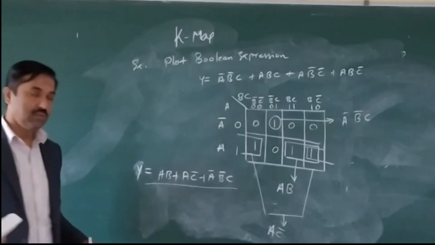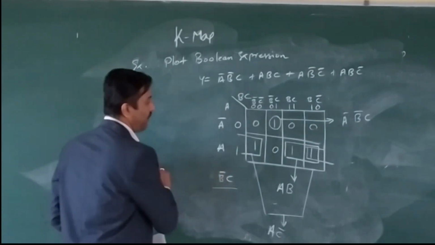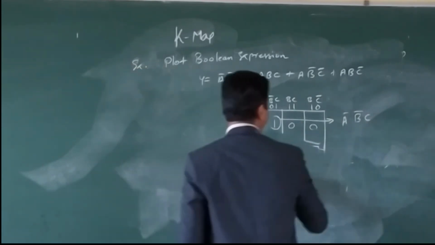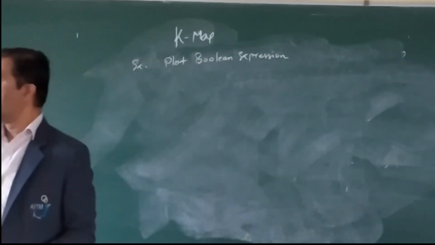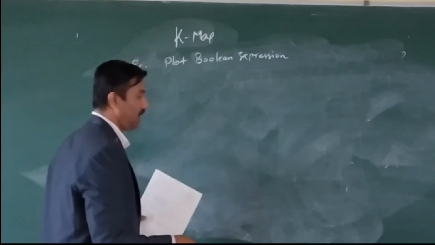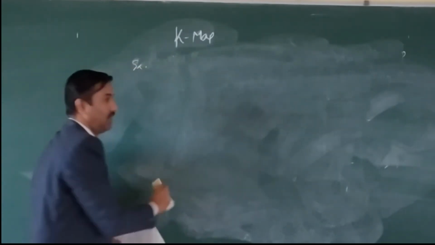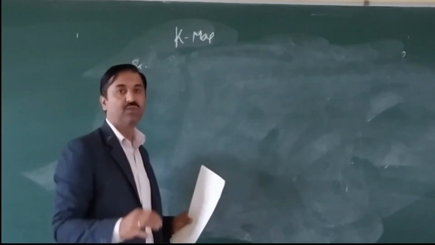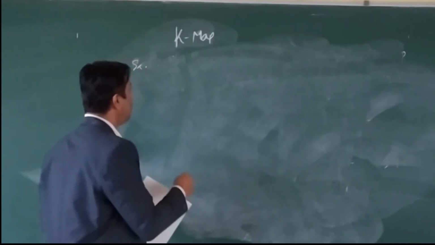Okay. So this is another example of having a Boolean expression and simplifying it using your K-map. Every time you cannot expect that there will be a Boolean expression given, which you then use to simplify. There are different ways of representing the terms. Sometimes the min terms are represented in a Boolean function, and those min terms can be used to simplify the Boolean expression using K-map.